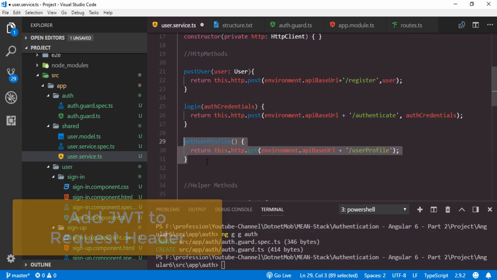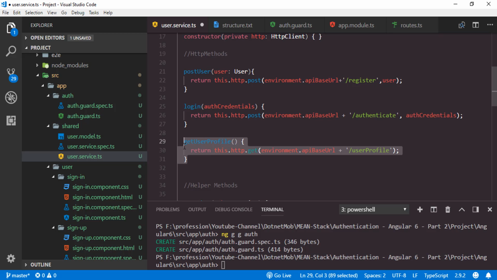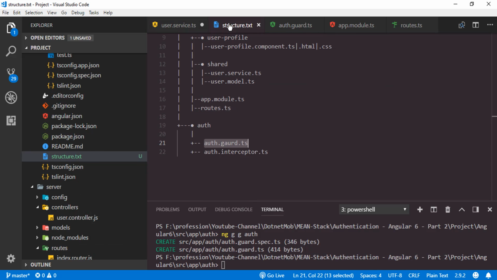Now we have to attach JWT token into this request. We can do that inside this user service class itself, but we have to implement that in a general way. Otherwise, we have to send JWT for each private route request. In order to handle this problem, we have HTTP interceptors. As you can see from our application structure itself, inside this auth folder, we have auth interceptor. Now let's create this file